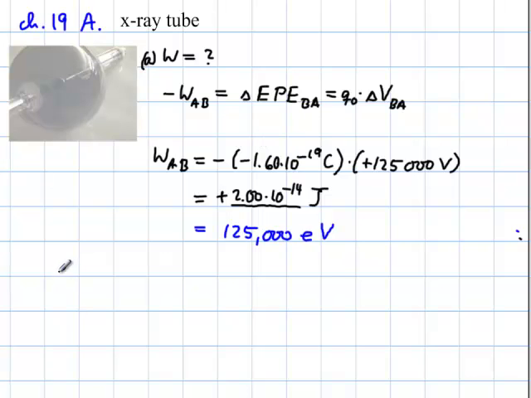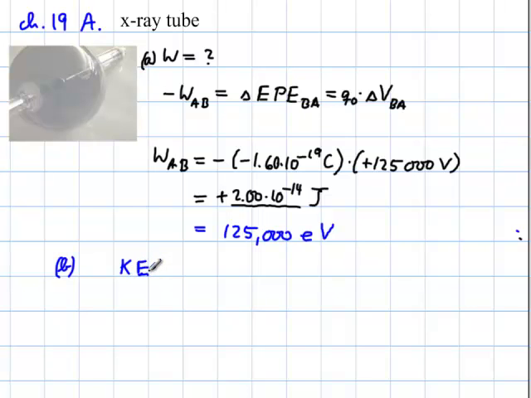Okay, let's do part B. It's kind of predictable that this will be the same answer. So it says that in part B, if the electron is initially at rest, what kinetic energy does the electron have when it arrives at the anode? Well, when you look at that long equation there for the total energy, there is no rotational energy, no gravitational potential energy, no elastic potential energy, but it's pretty much electric potential energy as well as kinetic energy. And it boils down to that the kinetic energy